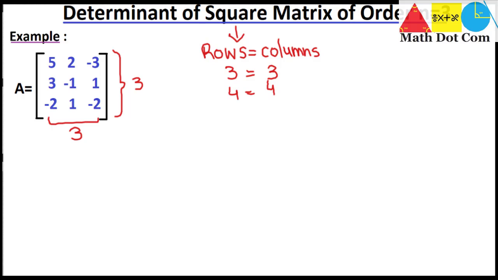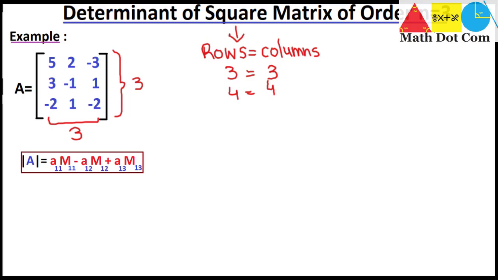So how can we find the determinant? We have seen in our previous lectures that the determinant of a 2 by 2 matrix can easily be found by multiplying the diagonals and subtracting them. But when we come across a matrix of order n equals 3, how can we find the determinant? For that purpose we have a formula that is applied by using the minor and cofactor. We have discussed the concept of minor and cofactor in our previous lecture. So let's see what the formula is.